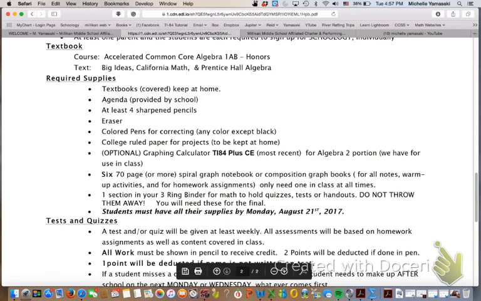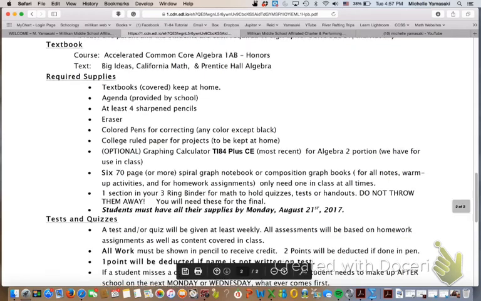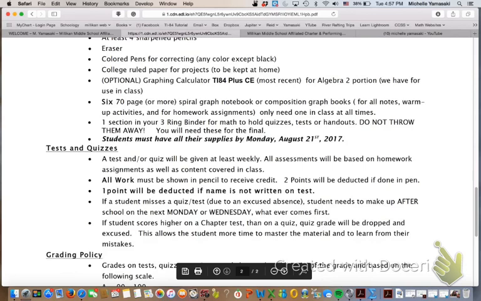We've talked quite a bit about the supplies, so by now your child should have them. Tests and quizzes. Here's how I do tests and quizzes. Basically, I'll give 1 or 2 quizzes in a chapter and then a chapter test. Let's say the student doesn't do well on the quiz but they do better on the chapter test, I will drop